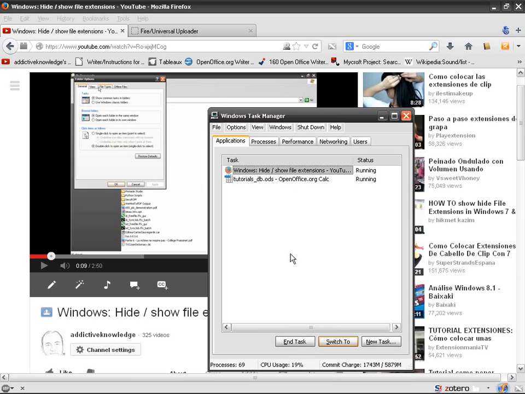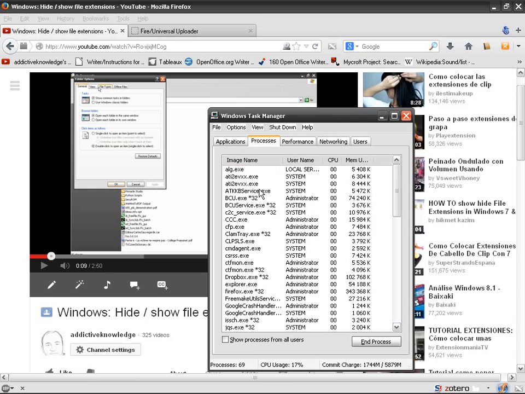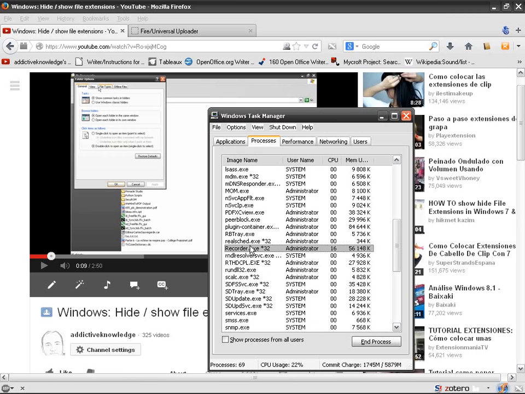Normally it should work, but actually in most cases it's not going to work. So you're going to try again, end task, and it's still not working. Another solution would be to go to the processes and sort by image name, and then try to find the name of this software. So this is Mozilla Firefox, so I'm going to go to